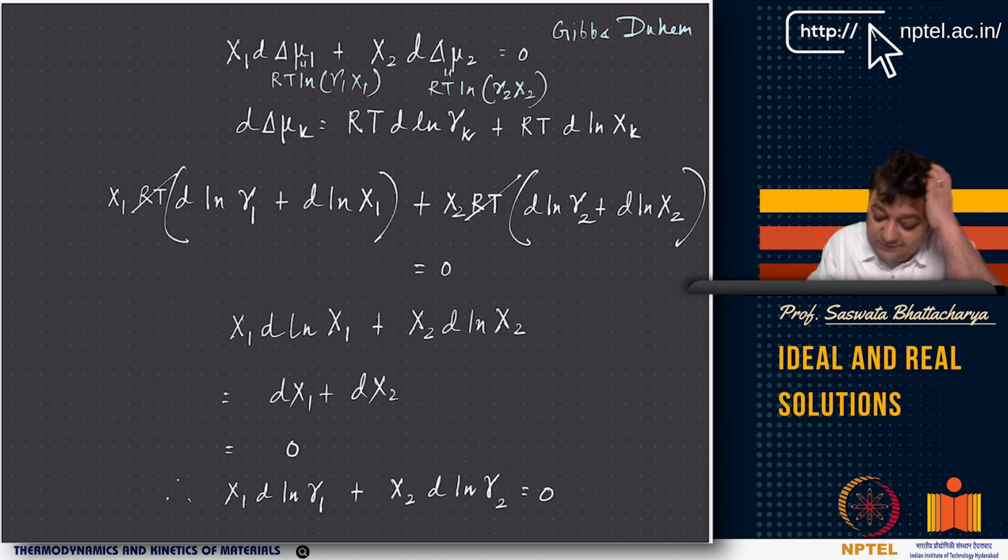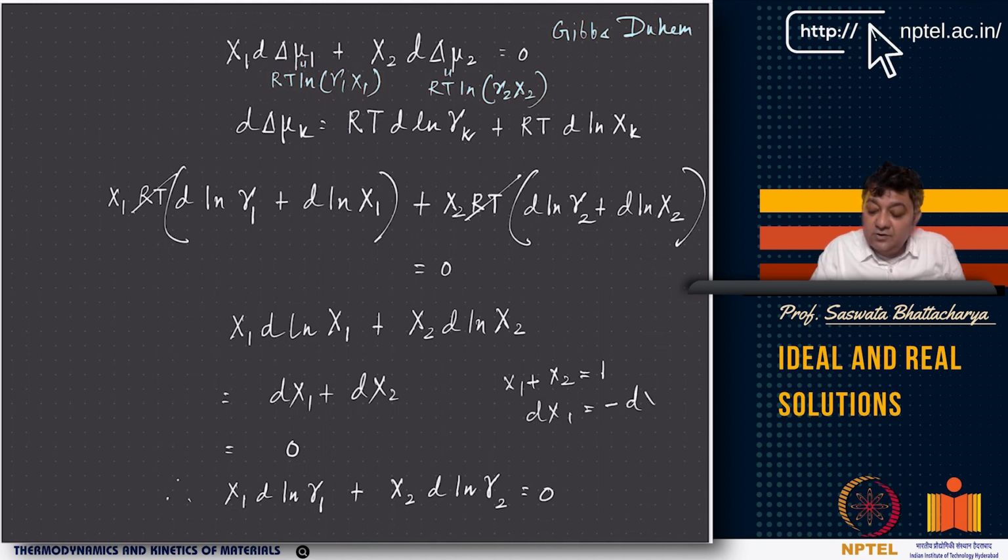Now x1 dln x1 plus x2 dln x2 is nothing but x1 by x1 dx1 plus x2 by x2 dx2, which is dx1 plus dx2, which has to be equal to 0 because x1 plus x2 equals 1, and dx1 equals minus dx2, right? Therefore this is equal to 0. So x1 dln gamma 1 plus x2 dln gamma 2 we can show using Gibbs-Duhem to be equal to